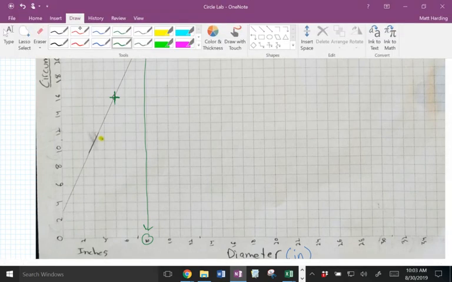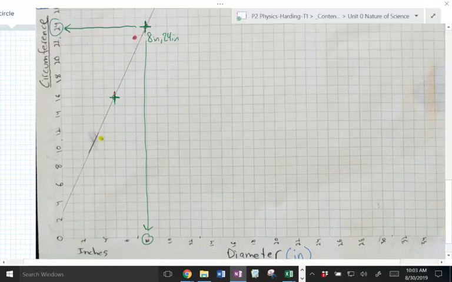And then for this other point, that's 5 inches. And then this is 16 inches. Okay? When we go to calculate slope,